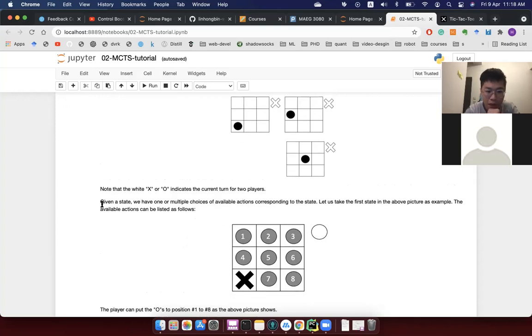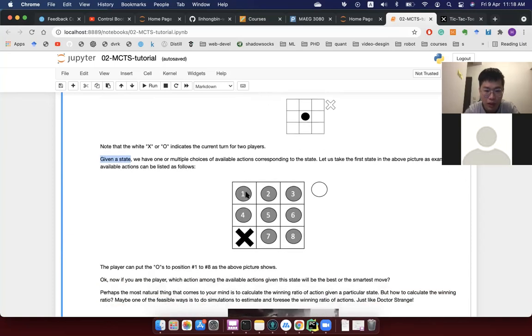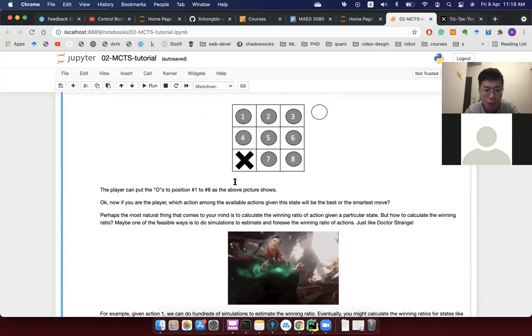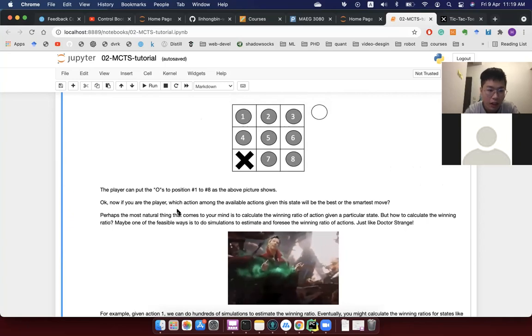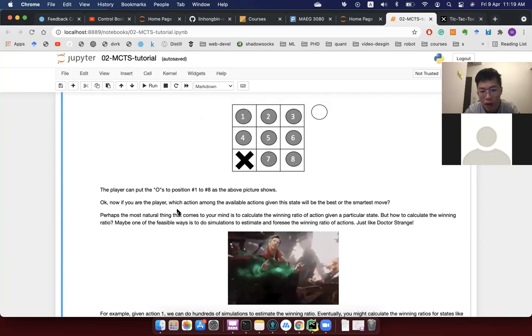So given the state, we'll have multiple available choices for the actions corresponding to the state. So let's take the first state above, for example. We have 8 available slots. So you can make your move in these 8 slots. Then we will number them from 1 to 8. And now if you are the player, which action among the available actions given the state will be the best